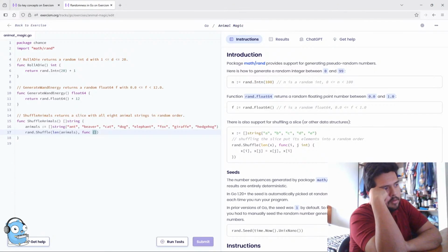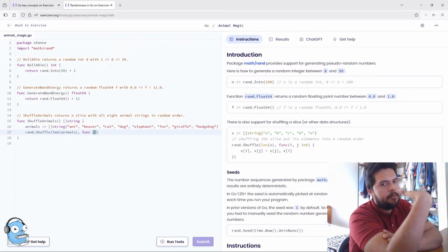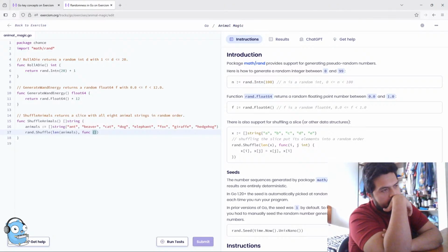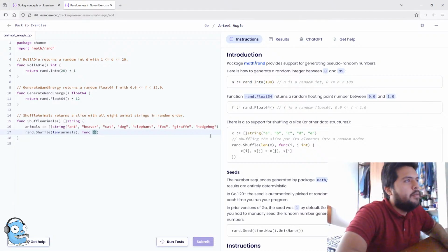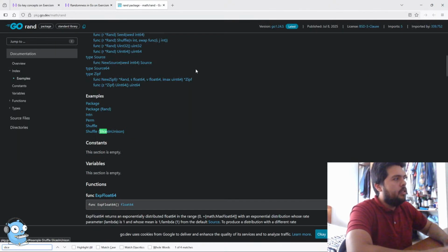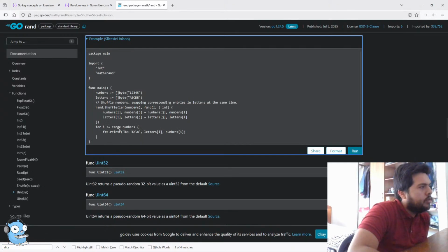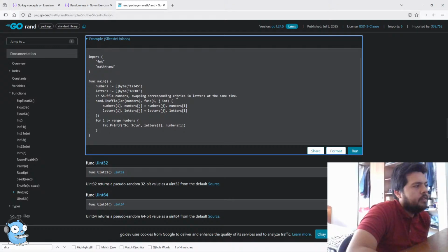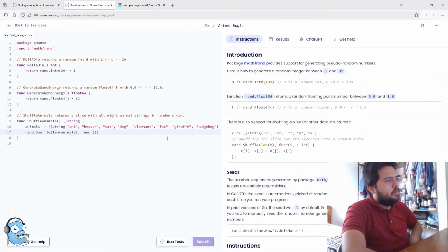I mean, it will be better if you only pass the array and it returns you the array. I will search for a random shuffle size, shuffle then function numbers and letters. This is weird. This is pretty weird, to be fair. This is the weirdest way to shuffle